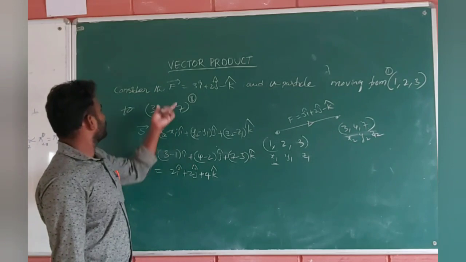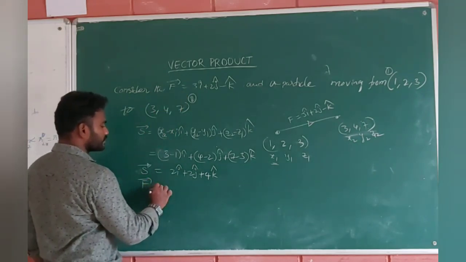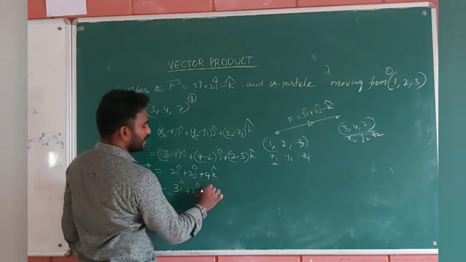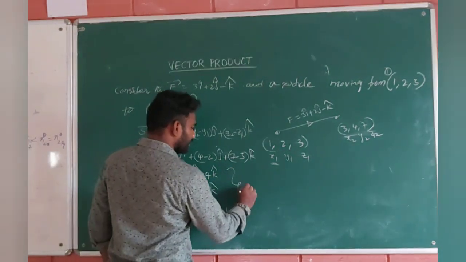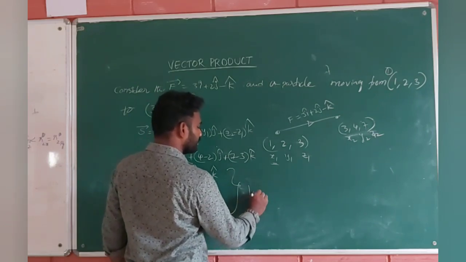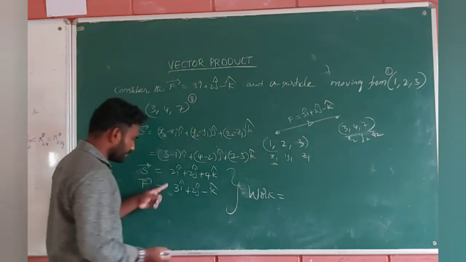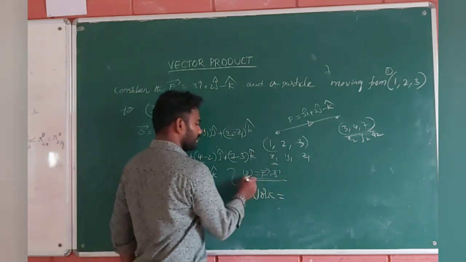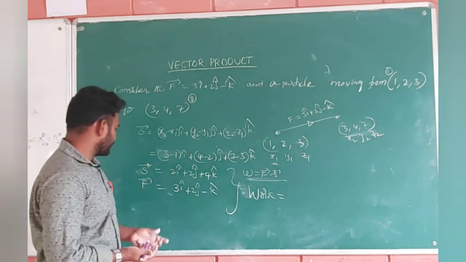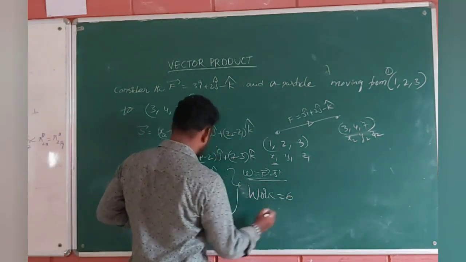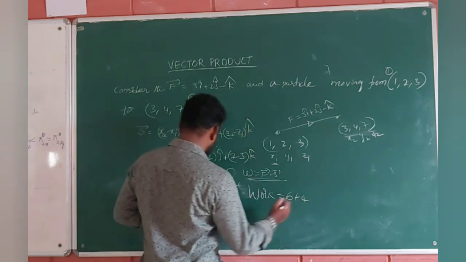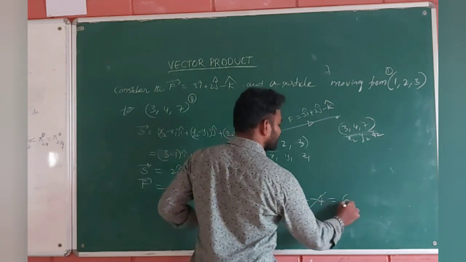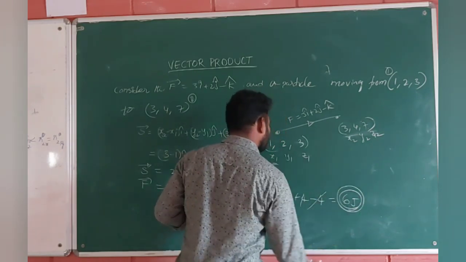You know the displacement vector, you know the force vector. You can write the force vector here downside. Force vector: 3 I cap plus 2 j cap minus k cap, that's it. So multiply these two with the dot product, and you will get the work done. Yes or no? Work is equal to force dot S bar. You know how to do the dot product multiplication. Yes, exactly. 2 into 3, 6. 2 into 2, plus 4. 4 into minus 1, minus 4. Plus 4 minus 4 cancel. Then the answer is 6 joules of work the particle will do here.